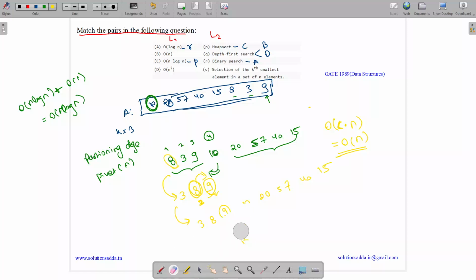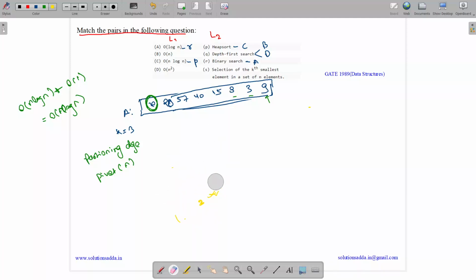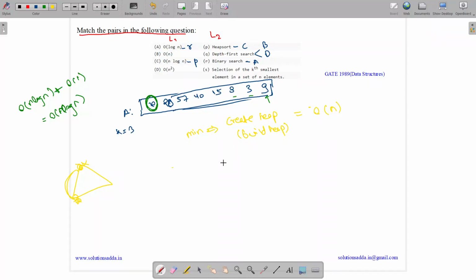Or I can tell you another method for finding the kth smallest element. The method goes like this. We will be given an array and the value of k. First of all, we will create a heap, by the build heap method. What will be the complexity of creating a heap? It will be order of n. What is the complexity of deleting an item from the heap? I have told you earlier, if you delete it, you replace it with the last item and do heapify, which takes order of log n time. So if a min heap is created, we do one deletion.